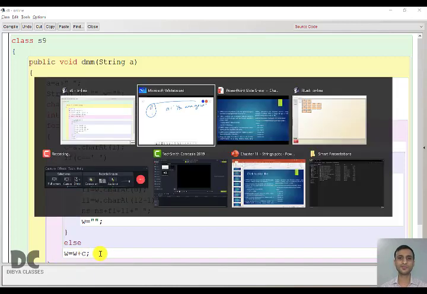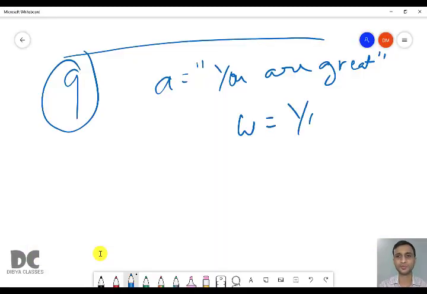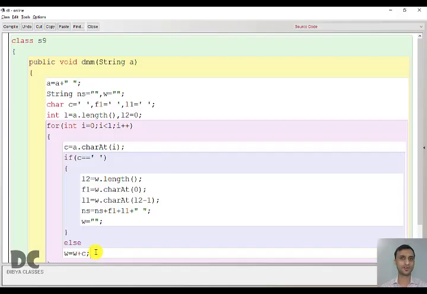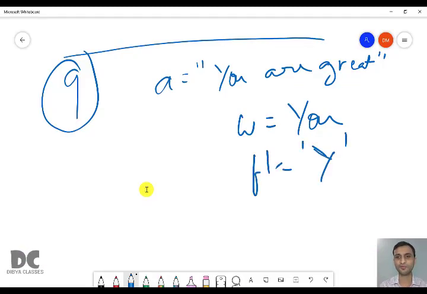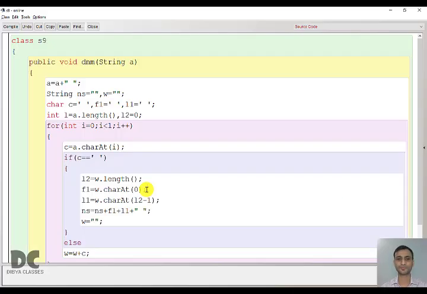So the first case we'll get the word as U. The same thing as in the previous program happened. So after extraction, we are going to check what we are doing in this program, or else all the programs are doing the same thing, extracting the word, but the jobs are different. After extracting the word, you are doing different jobs. Here we are going to find the first letter and the last letter. So L2 is the length of the word. charAt of 0 will give the first character. So in F1 you will have Y, and in L1, the last character, you will have U.